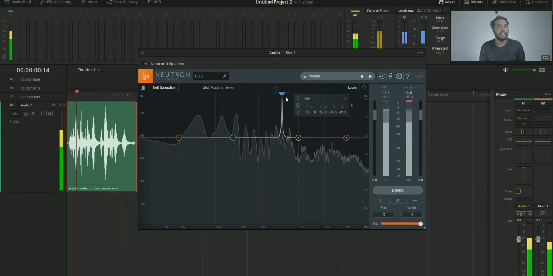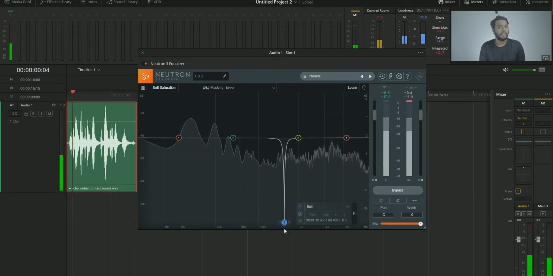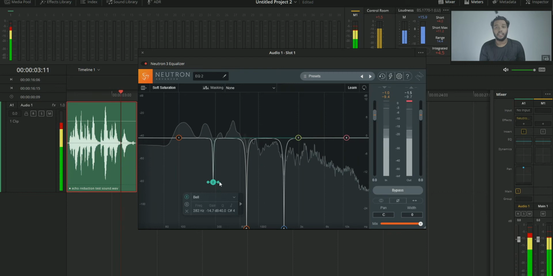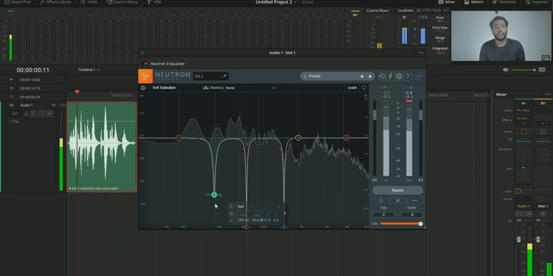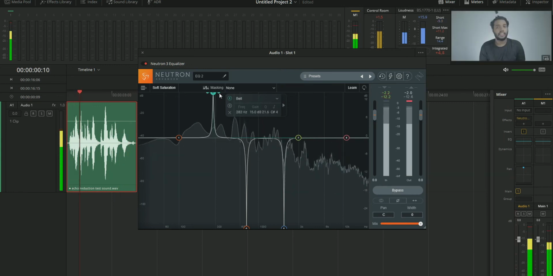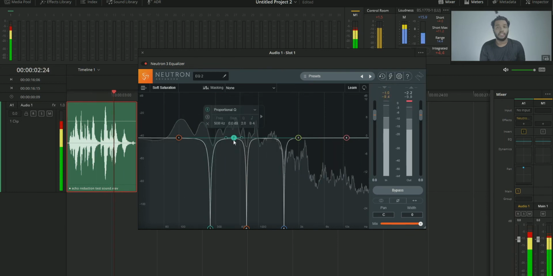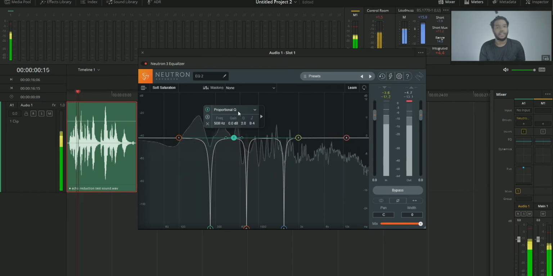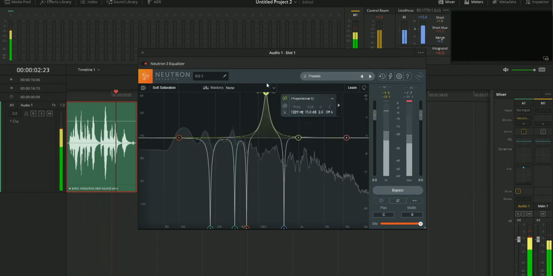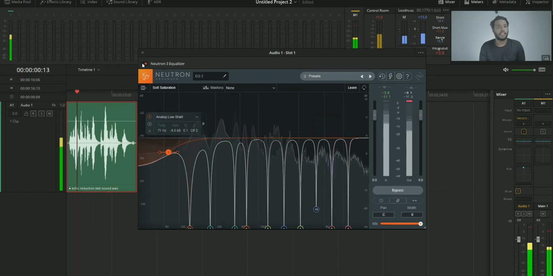After finding the distortion, just reduce the volume of that point to the lowest value you can. If you want, you can adjust the Q factor so that you can include more of the distortion. Make sure that you don't remove good audio. Also, sometimes you don't want to completely lower the volume because it will affect the audio. So do the same step, that is add more points and find the distortion and lower the volume of the distortion. So this is how you can reduce echo using equalizer.